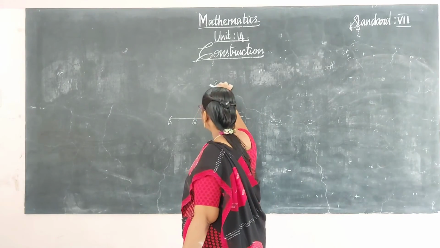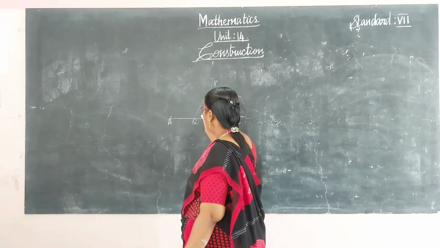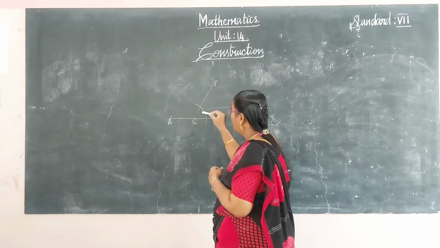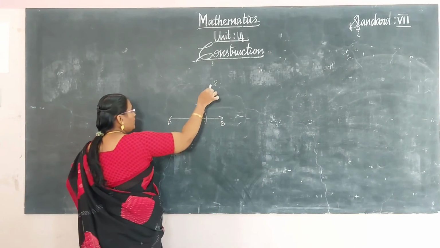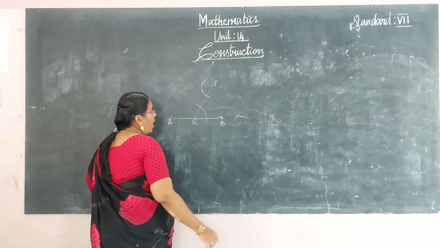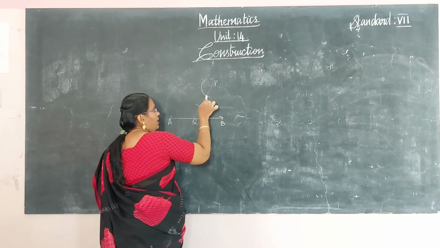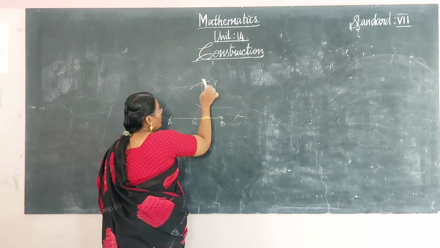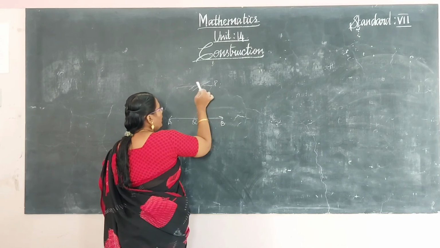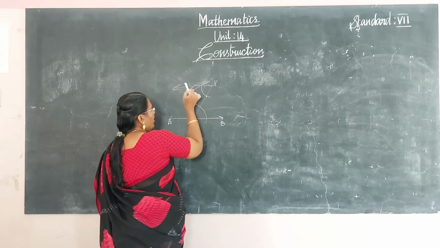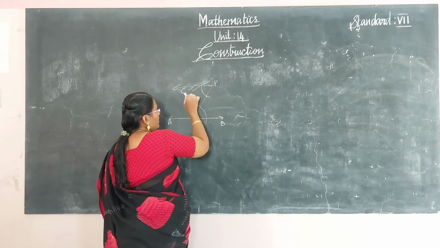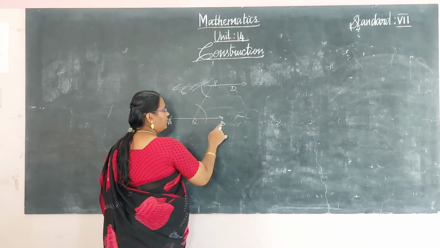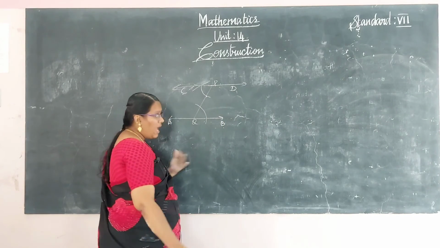After that, join these two points. With center Q, draw an arc of any radius. With the same measurement, draw an arc from P also. Where it intersects the line QP, with that point as center, draw an arc of the same radius and join these two arcs. Then join the lines. It is denoted CP, and CP is extended to D. CD and AB are parallel. This is the first type. And the second type.